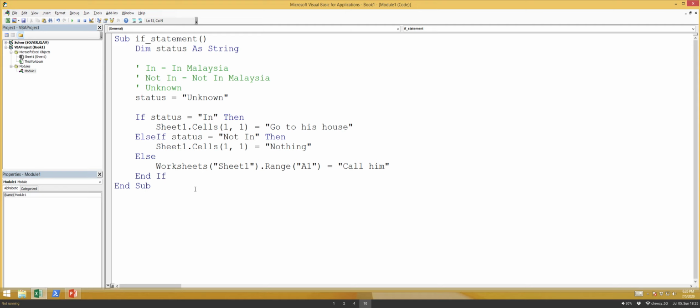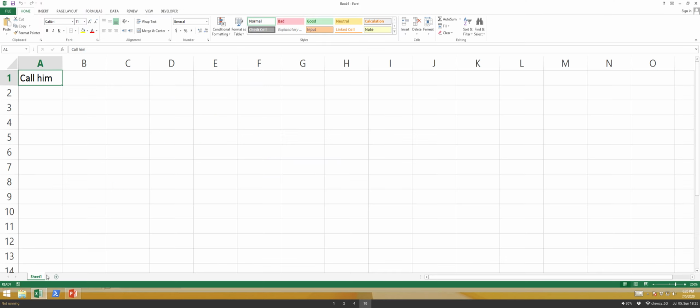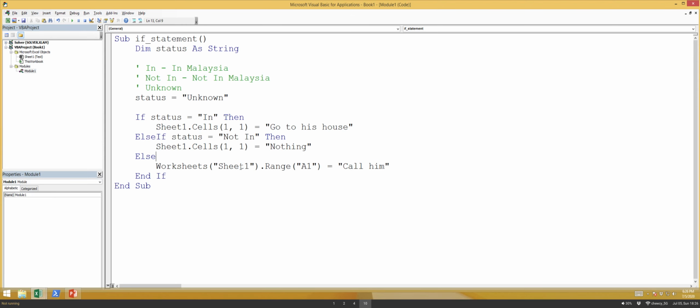So of course, let me rename this one a bit, say test, right? So in case you forgot, this is the name of the worksheet and this is the ID, right? So sheet 1 and test is here. Okay, then this is the standard way of writing else if statement in VBA, or you can also do something like this,